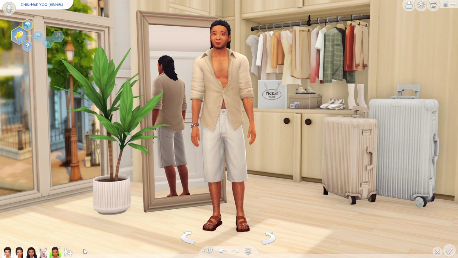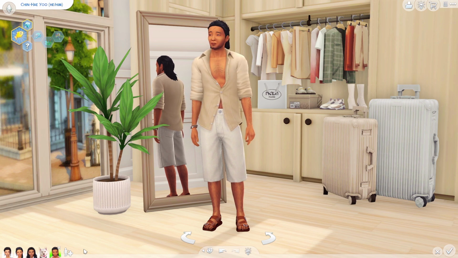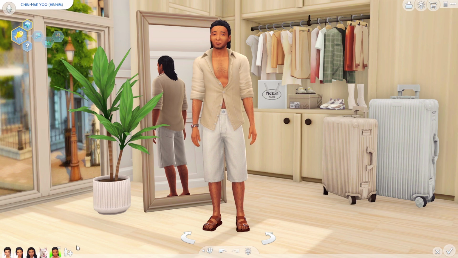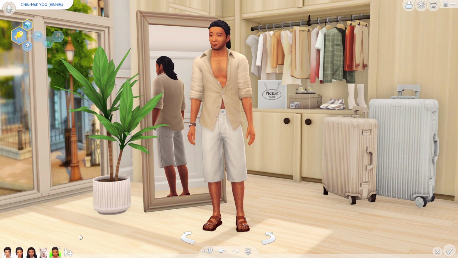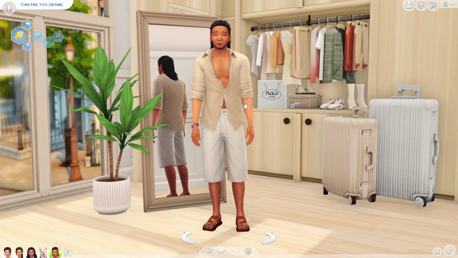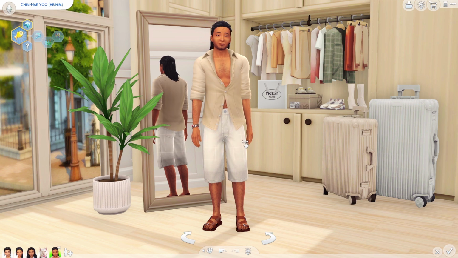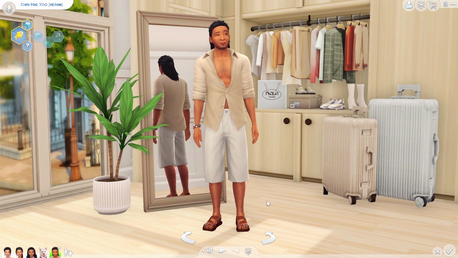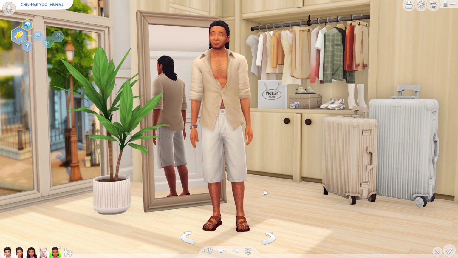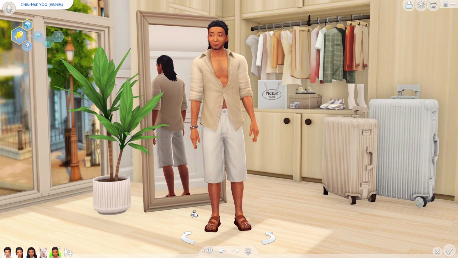Now that we've gone through the rules, I want to introduce you guys to my family that I will be using for generation 1 of my legacy challenge. So this is the Yu family. This is Chine Yu. He is the father, the fisherman. He always wears very relaxed clothing because he's always out at sea in the heat and the humidity. So this guy just wants to be comfortable.